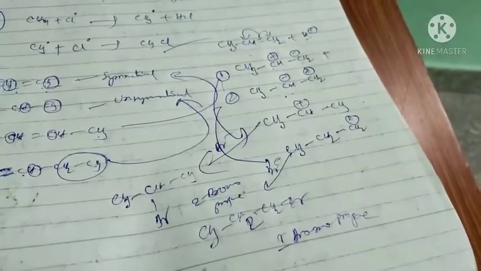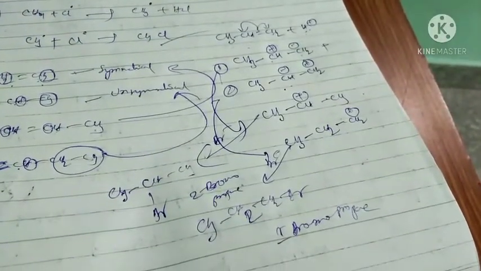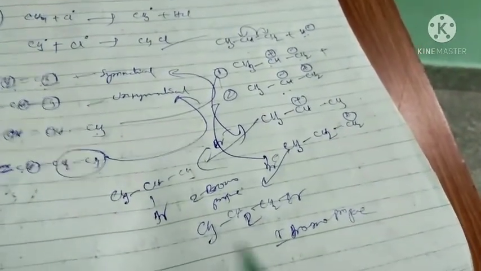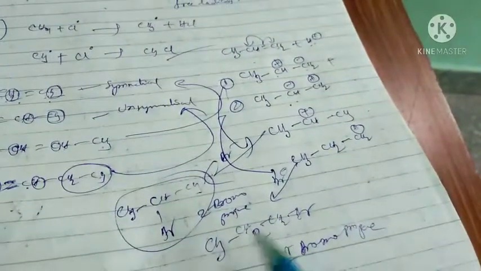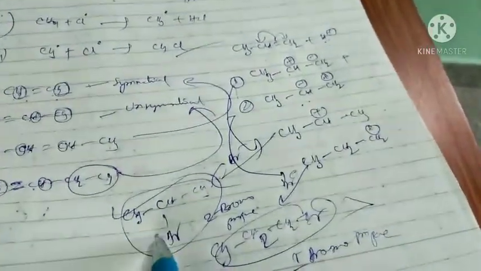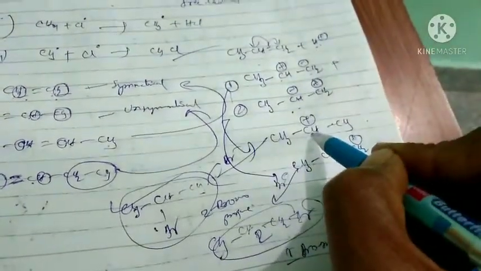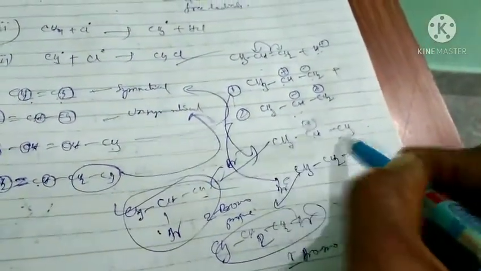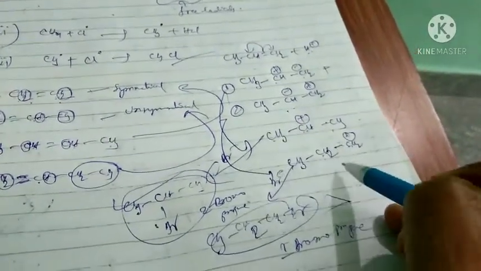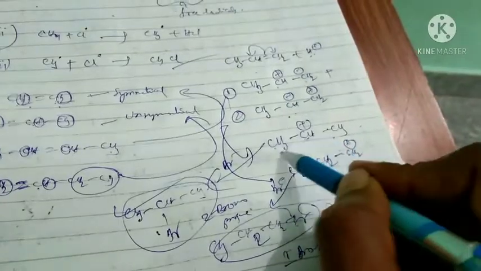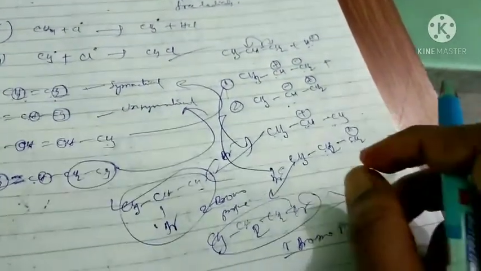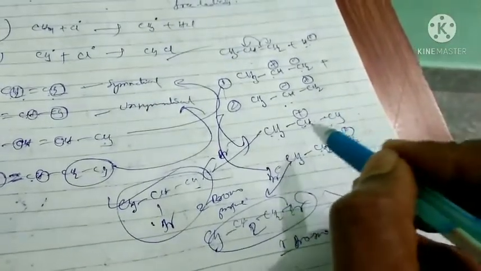But what is the statement regarding Markovnikov's rule? According to Markovnikov's rule, this will be major, this will be minor. So why will this be major? Because this is a secondary carbocation, attached to 2 methyl groups. This is a primary carbocation because it is attached to only one carbon. If a carbocation is attached to 2 carbons, that is secondary. If attached to 1 carbon, that is primary.